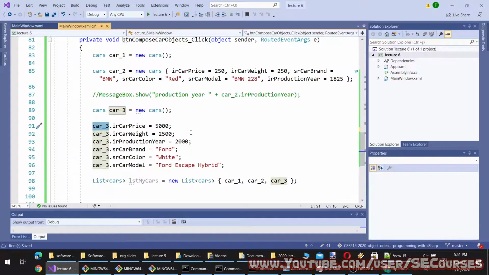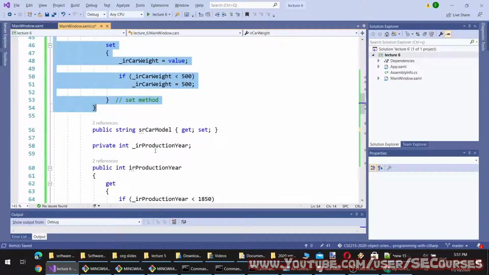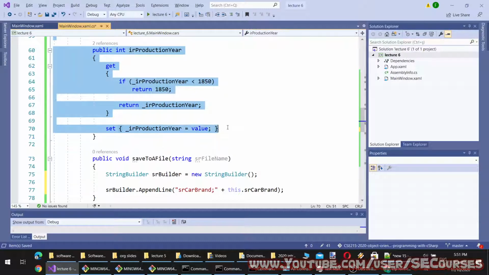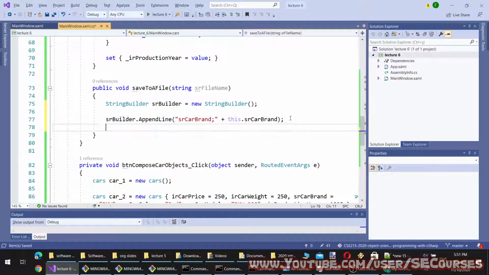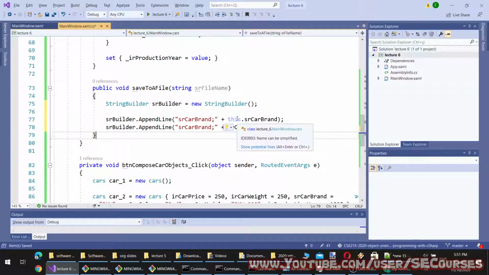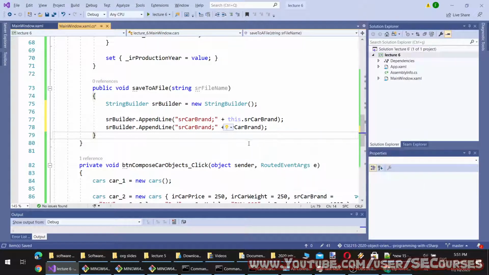Each one of them is an instance of a class, and this means whatever the values are in that particular instance. So this is actually equal to this. Both would work. You see, it says name can be simplified and remove this qualification. Both work, so I will show both ways.